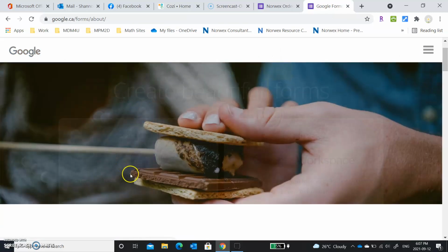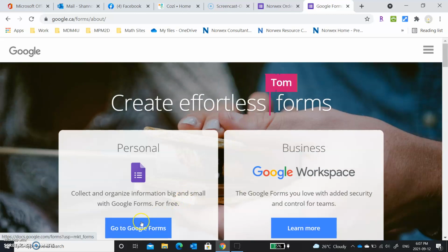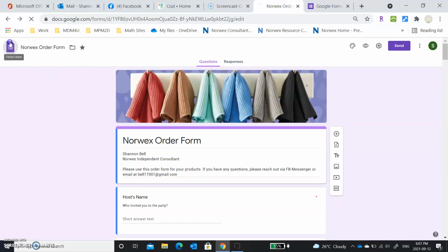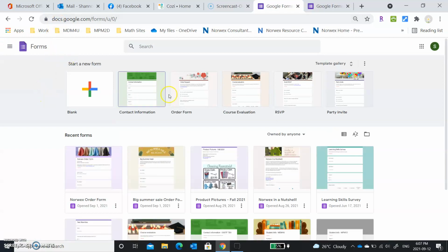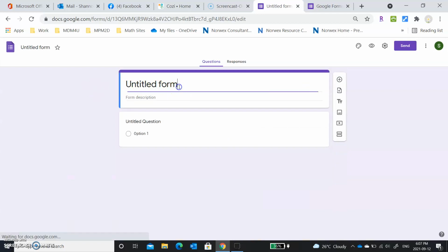Okay, and you can go to Google Forms. So when you go in there, it kind of brings you to this option here. You can start a new form. Then there's sometimes templates for you. So when I started doing this, I think I started to use a template, but you can start from scratch. So if we do that, blank form, this is where you can type in,